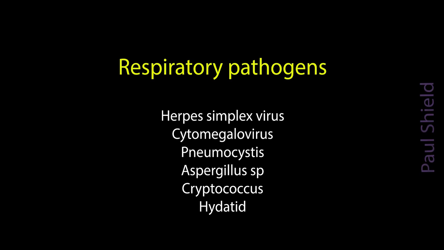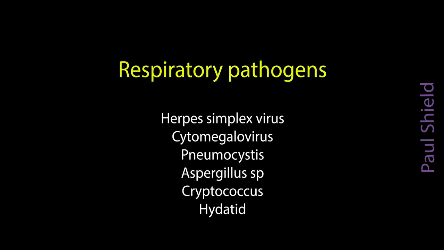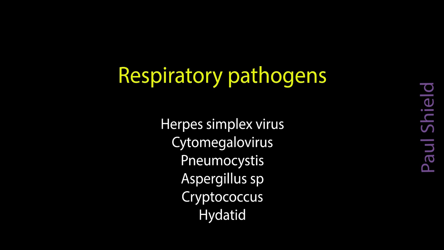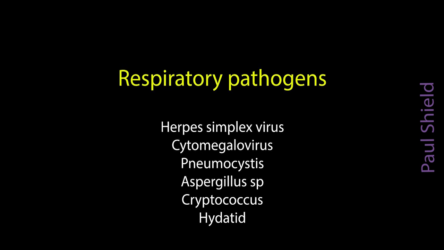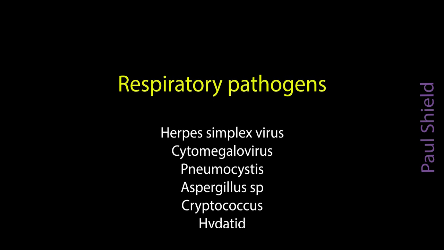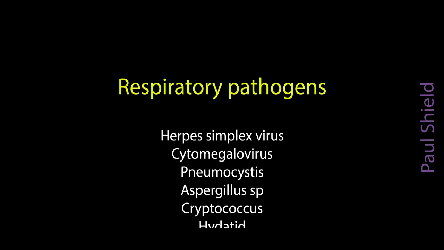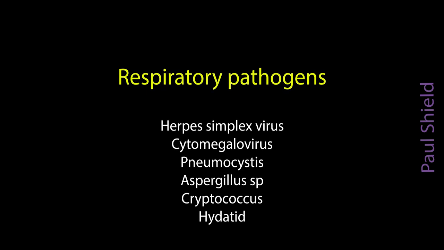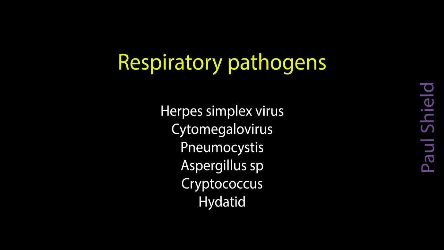Hi, it's Paul. Let's have a look at the pathogens that you can see in respiratory specimens. They're many and varied. Most of these occur in opportunistic fashion, so they're seen in immunocompromised patients. Maybe one's undergoing chemotherapy or some underlying immunosuppression like HIV. First one we'll look at are the viruses, and these show typical viral cytopathic effects like we've